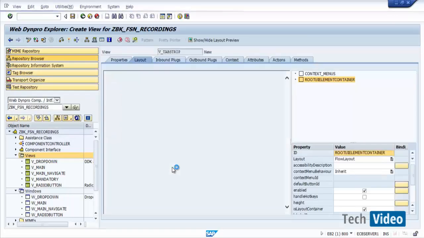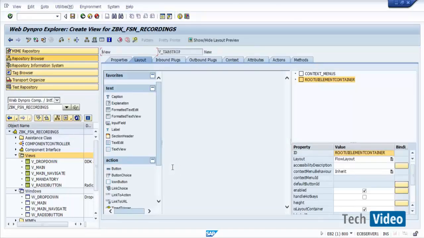Okay, this TabStrip can be achieved in Floor Plan Manager also. The Floor Plan Manager configuration will allow you to design the screens in TabStrip format. When we discuss FPM, I will show you how to design the TabStrip in Floor Plan Manager, but for the time being here we will see TabStrip. Okay, I am going to create insert element,